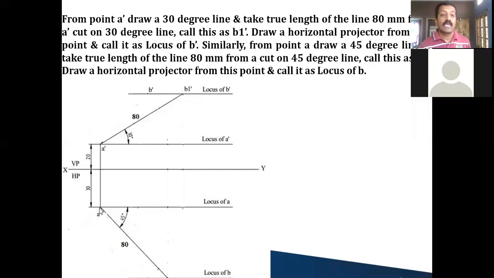From A as the center, 80 millimeter as the radius, you cut this 45 degree line. Wherever it cuts, from that point you draw the horizontal projector line and call that the locus of B. Here this is also a true length point, so it is not B. There I have given B1 dash; here I can give B2, because it is the top view and I cannot use dash.